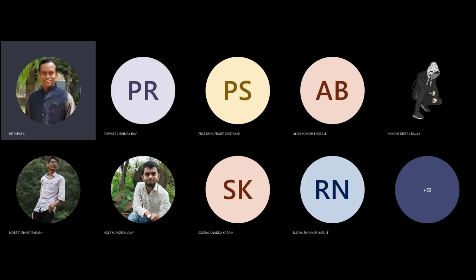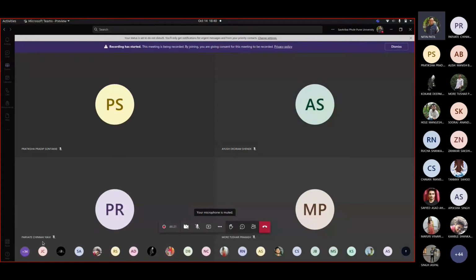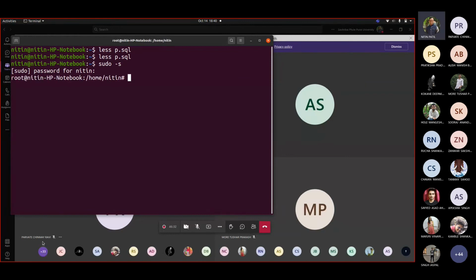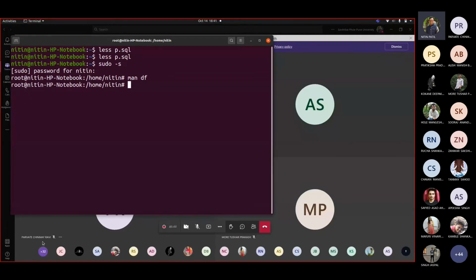So let me share the screen. Let me show you where exactly it matters. Okay. So let us write sudo -s. There's a command called df. Report file system disk space usage. Okay, let me see that.